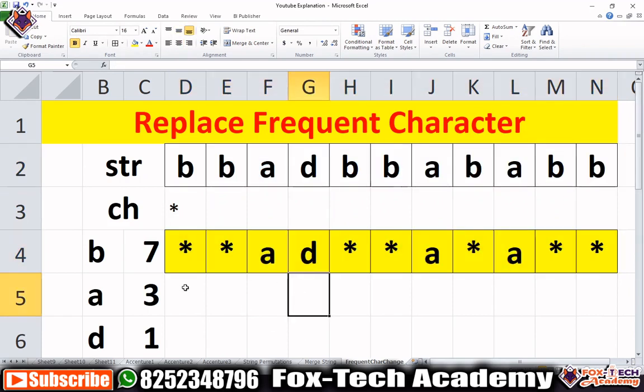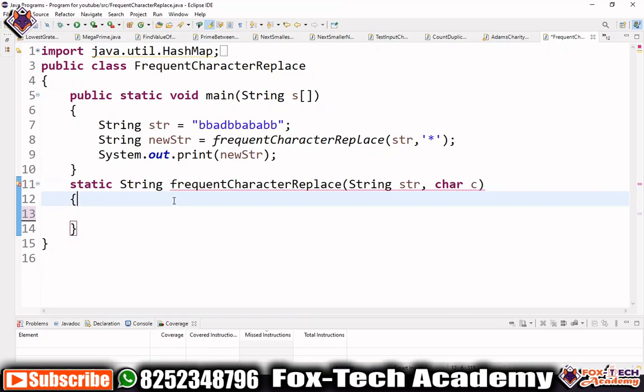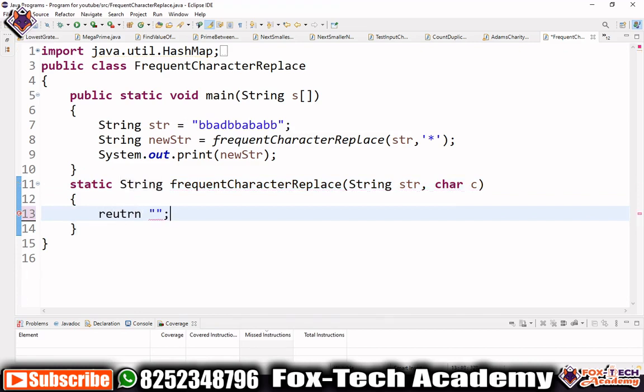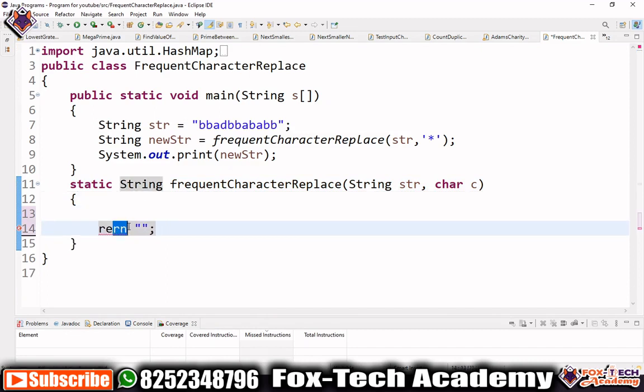First we will create one hash map, and we will get the occurrence of each and every character of this string. So let's start. You can see that at the start it is giving an error because we have used a string return type, and we are not returning anything. So let's return anything for now so that it will not give an error. You can see that we have two parameters, str and ch. This is our string, and this is the character which is going to replace another character of this string.